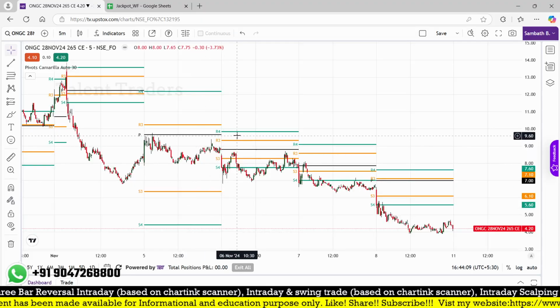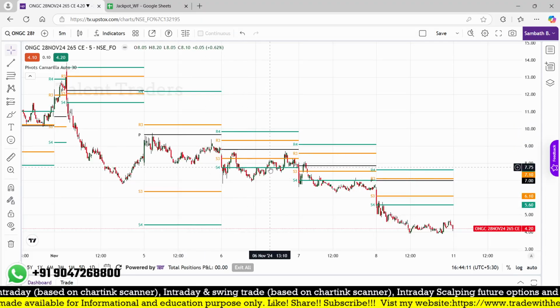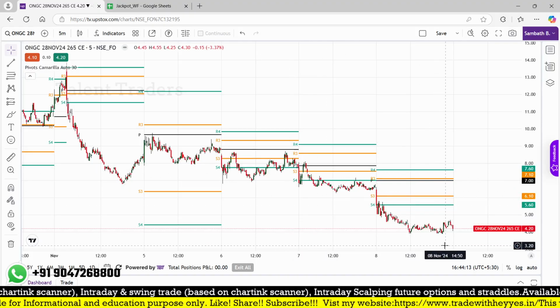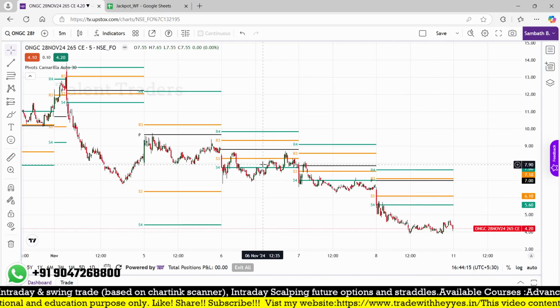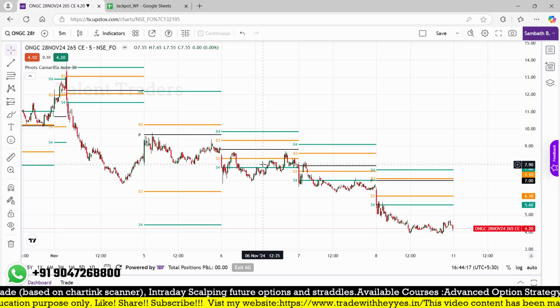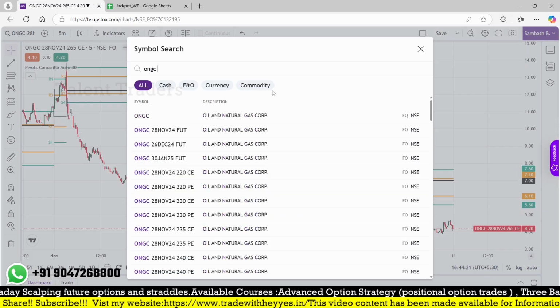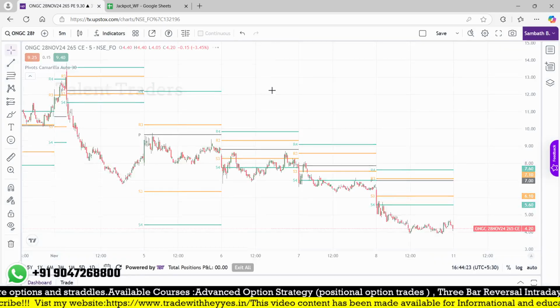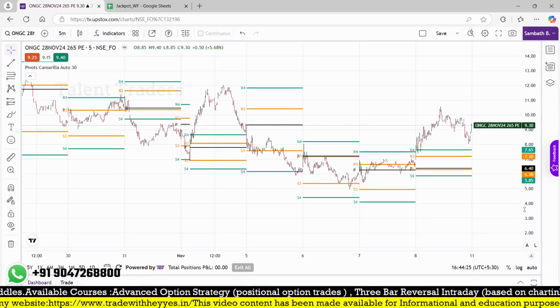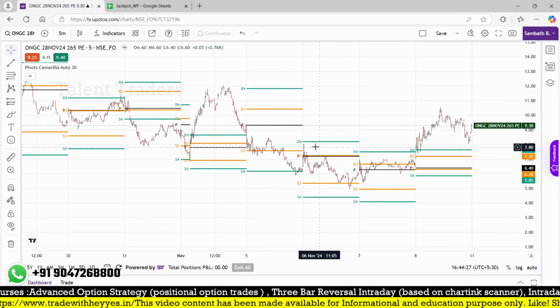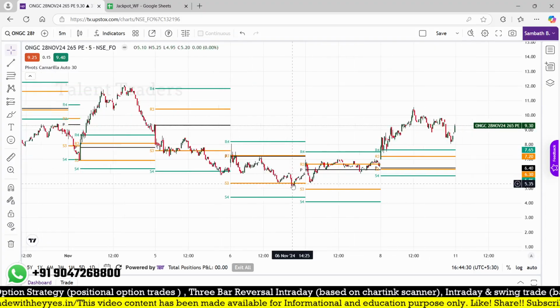This is an inside level on 6th November. It breaks the S4 and keeps on moving lower. Because the call option breaks the S4, maybe the put option can give you the opportunity. Let me check the ONGC 265 put option, and the same day, 6th, that level is not broken,